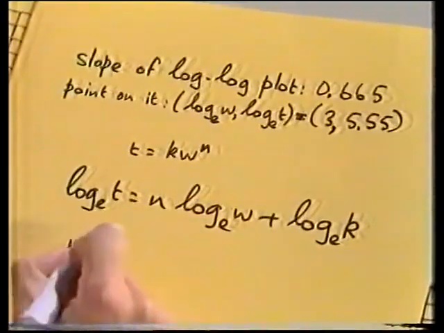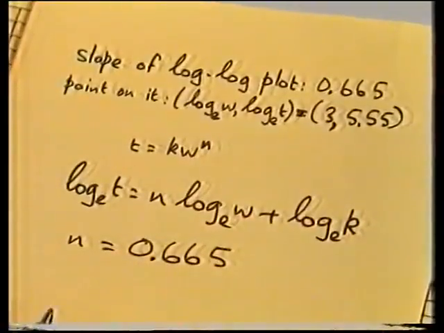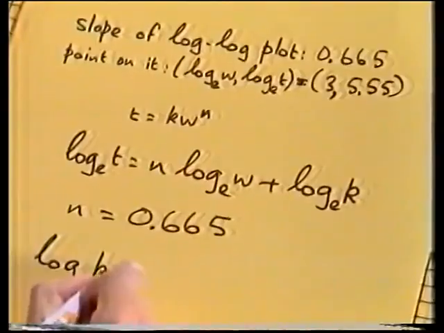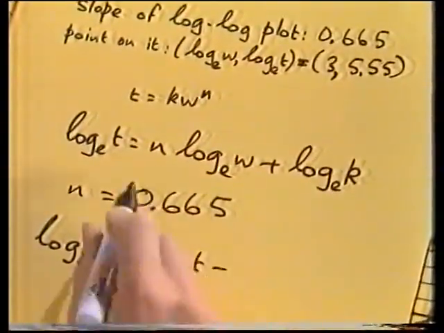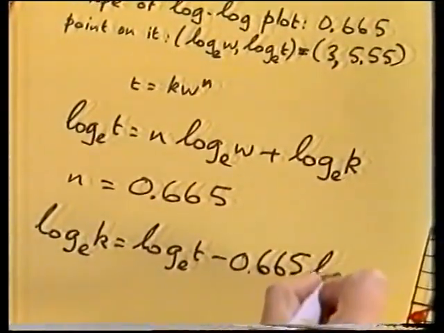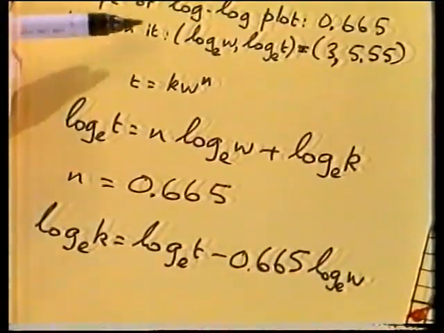So we have n equals 0.665. Then log k is equal to log t minus n log w, which is 0.665 log w. So using the coordinates I read off the graph,